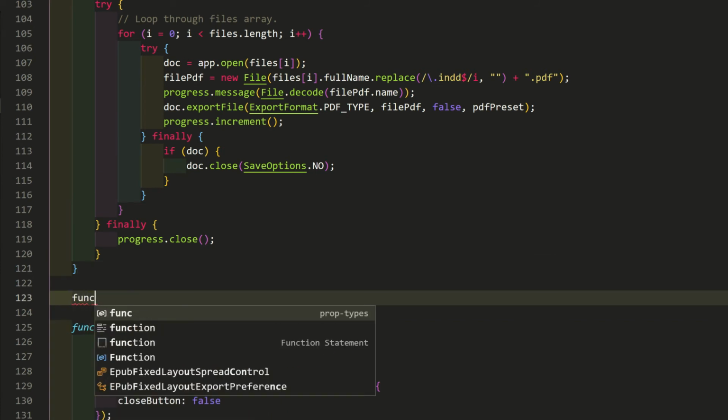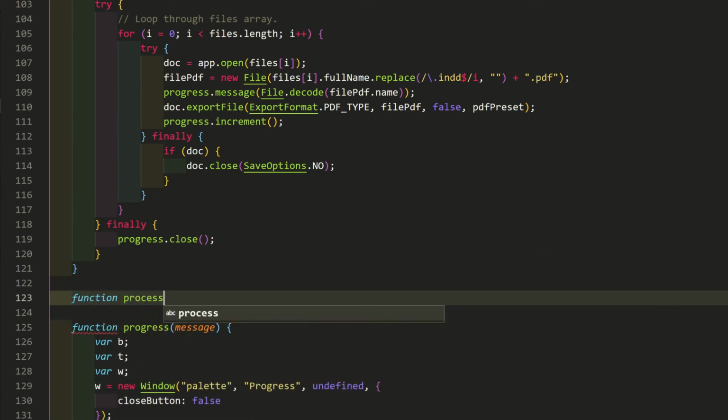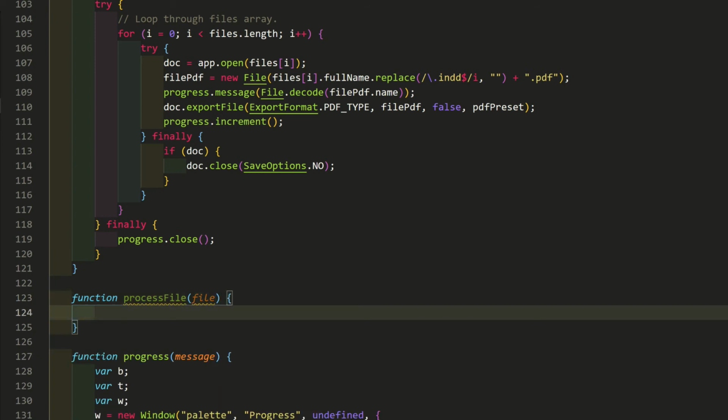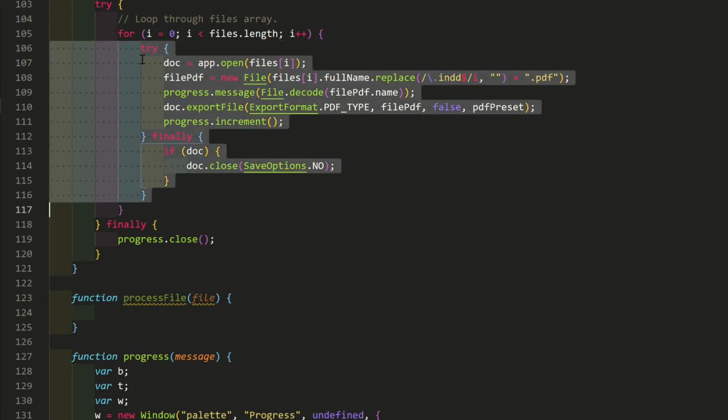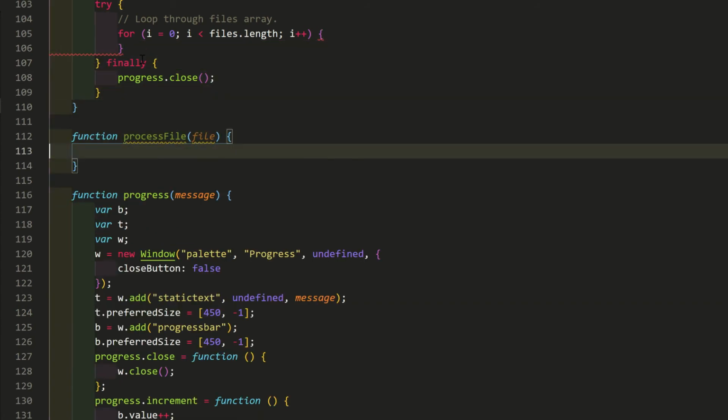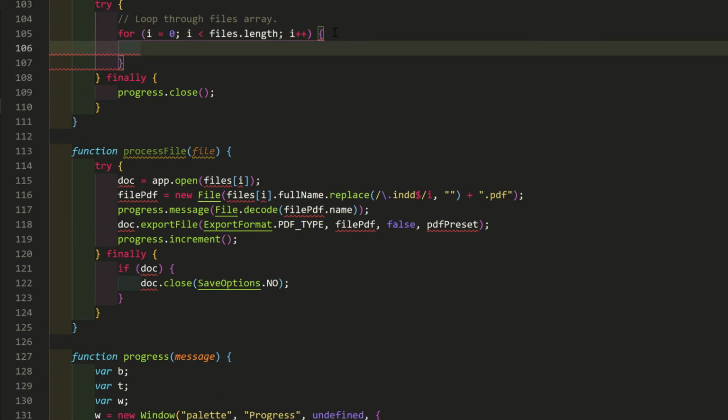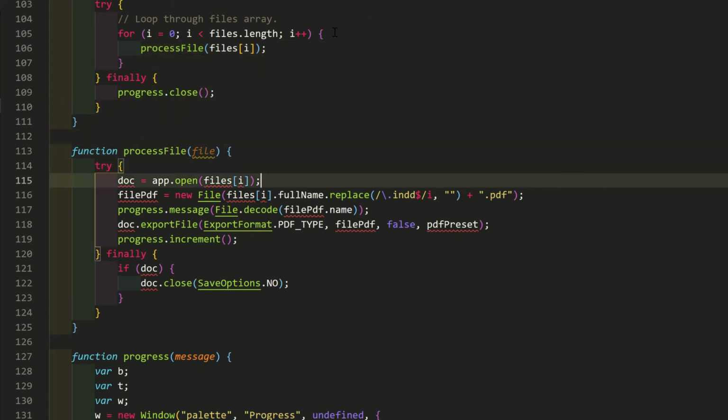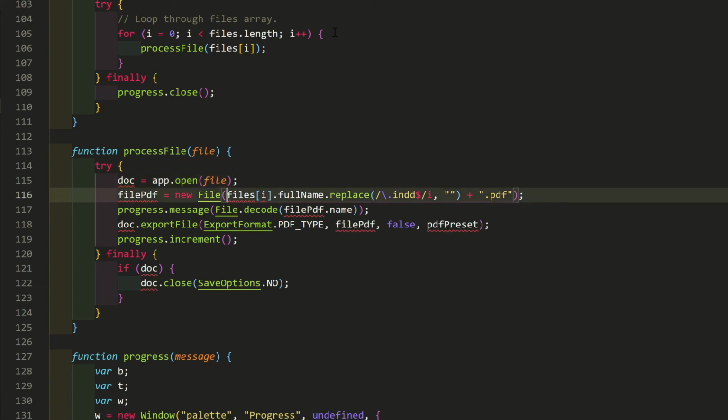I'll make a new function, processFile, with the single argument file. From the files loop, move the inner try finally to the new function, and in its place, call the new function. Pass to the function files[i], and in the new function, change each instance of files[i] to file, the argument passed.